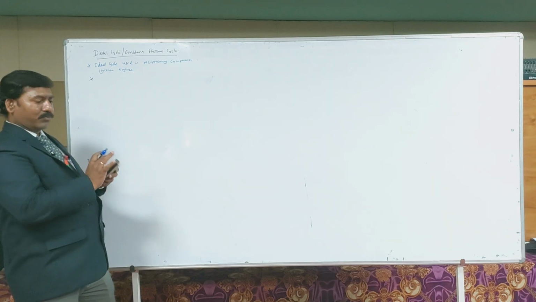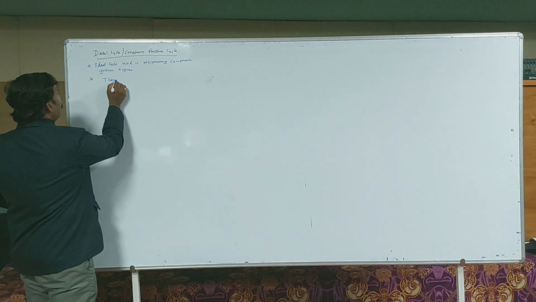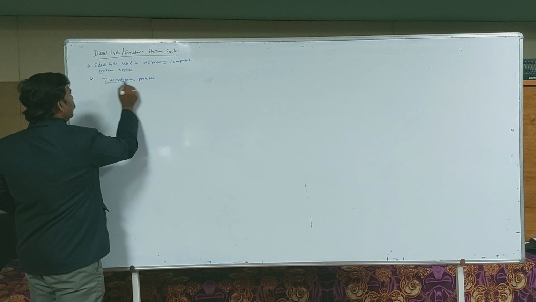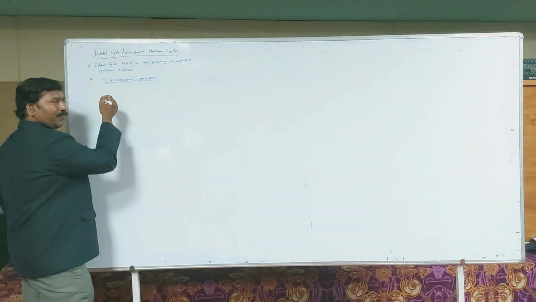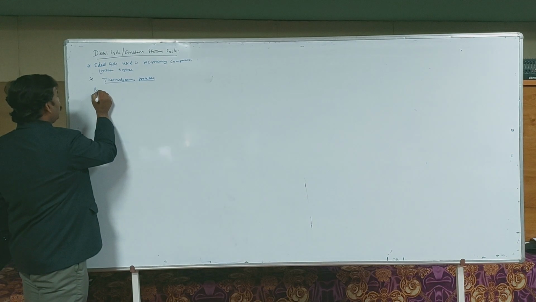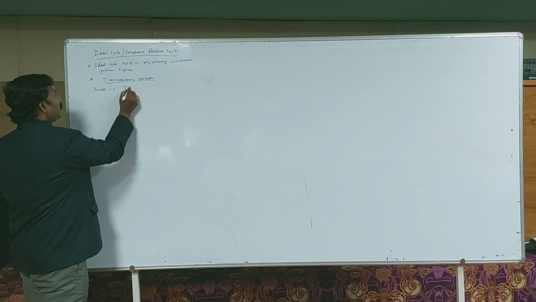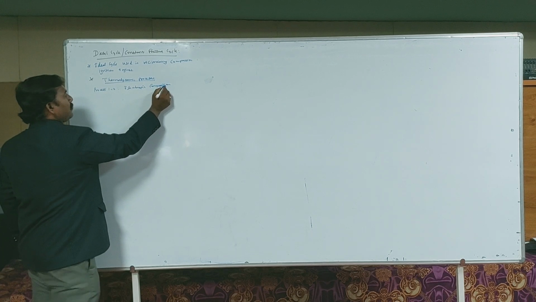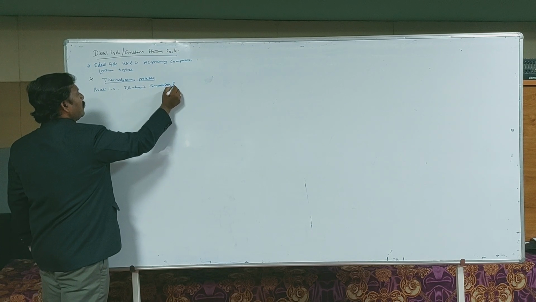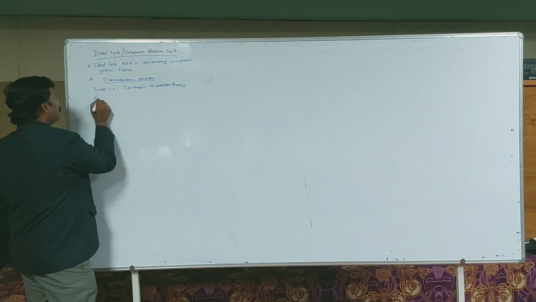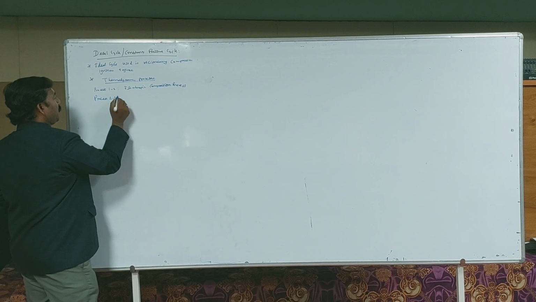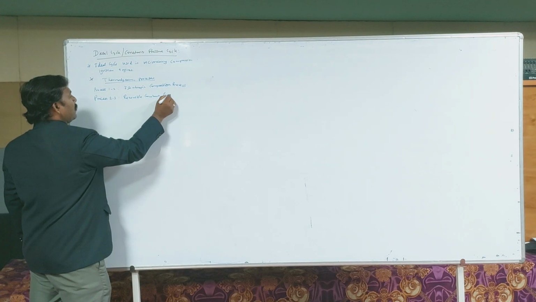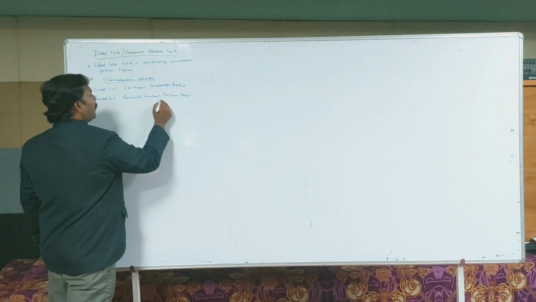So there are 4 thermodynamic processes in diesel engines. I will show that in a PV and TS diagram. Before that, I will list out the thermodynamic processes. The process 1 to 2 is an isentropic compression process, and process 2 to 3 is a reversible constant pressure heat addition,